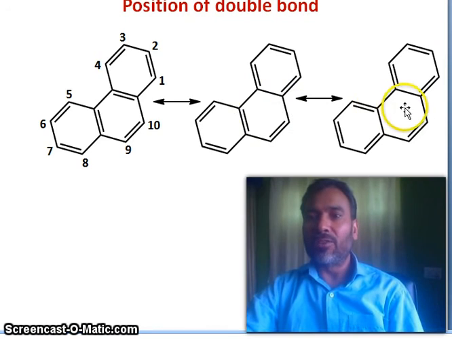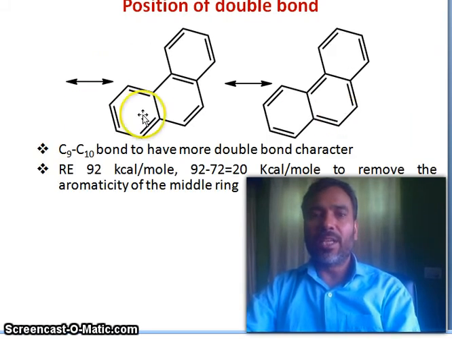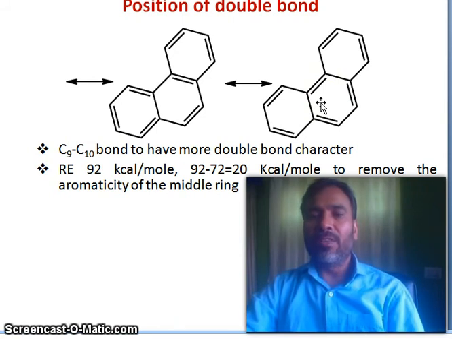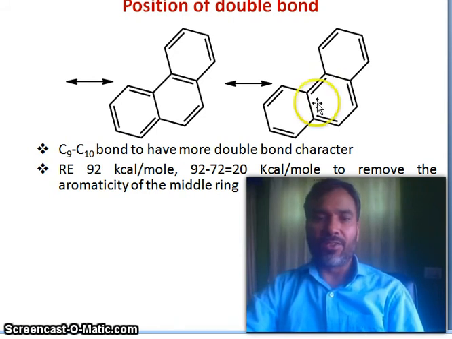Now come to this ring also. You see, this ring, this ring and this ring are different, because this is benzenoid and this is not benzenoid; the center ring is quinonoid. Again you see here, this is benzene, this is benzene, this is quinonoid. Now the center ring is benzene, but this is not benzene, this is not benzene, meaning quinonoid. So on the basis of the position of double bonds, it shows 5 canonical or resonating structures.